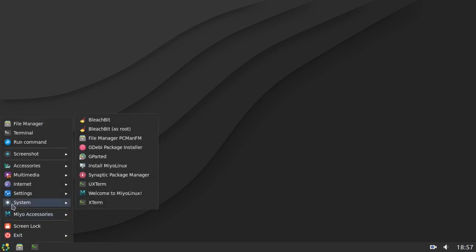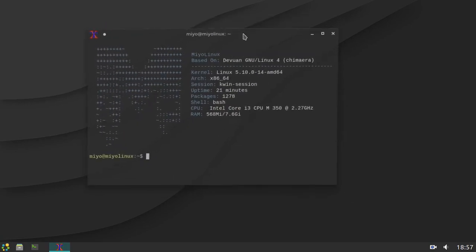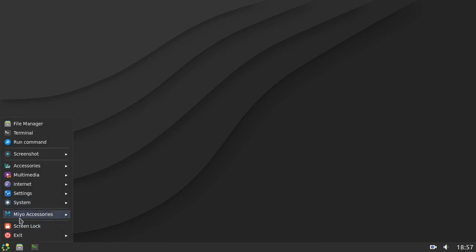Under system, we get BleachBit, GParted, and Synaptic, and XTerm and UXTerm. If you click on UXTerm, it's going to be the same as XTerm. Okay. Sorry. Under accessories,